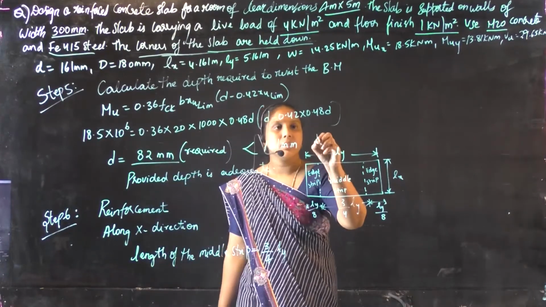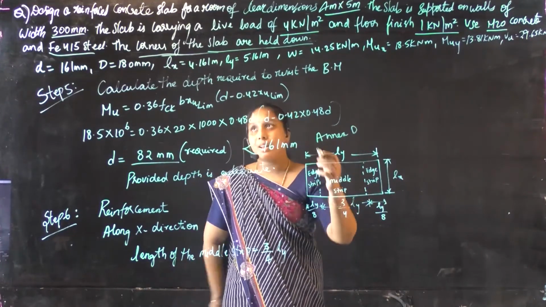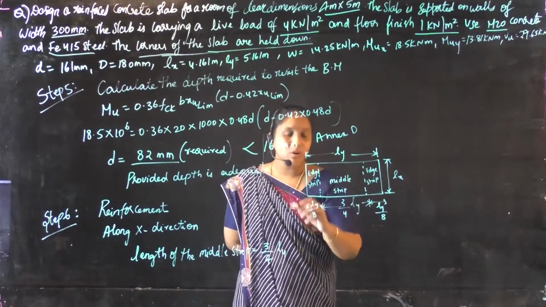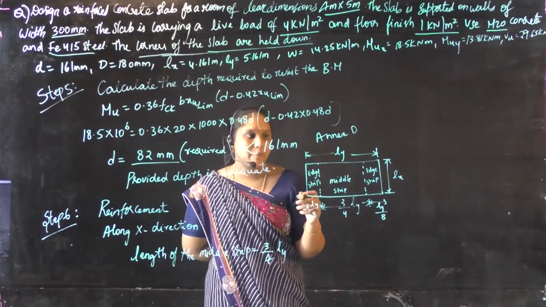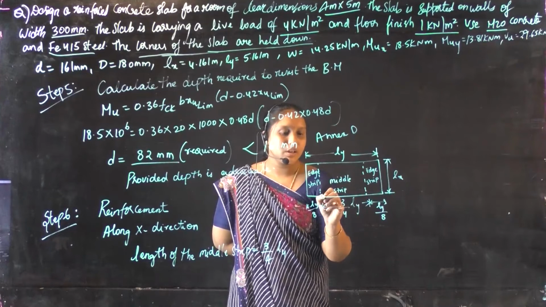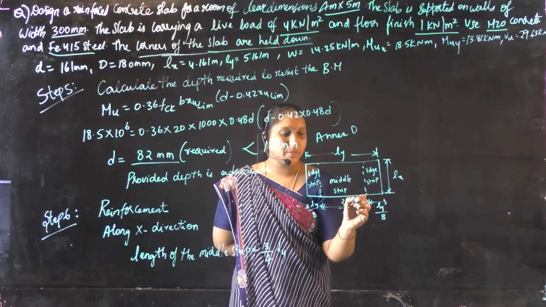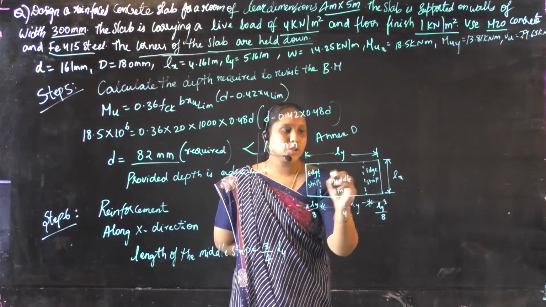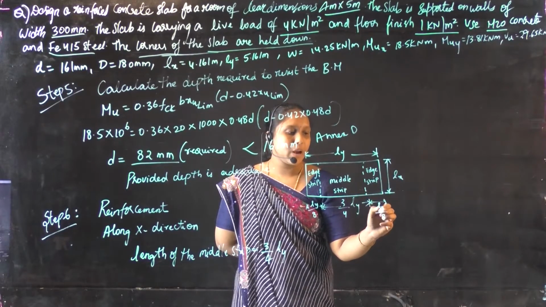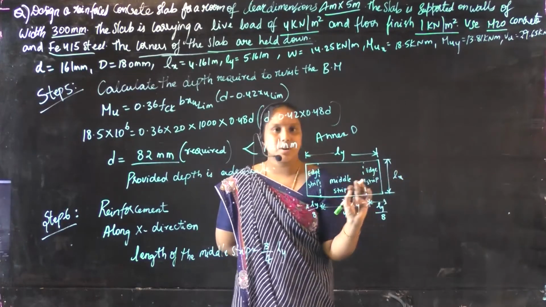So in Annex D of IS 456-2000, when the condition that the corners of the slab are held down is given, we have to calculate the area of steel reinforcement for this particular middle strip. How will we calculate? The width of the middle strip is calculated as 3/4 Ly, and these two are the edge strips, whose width can be calculated as Ly by 8. So this is our longer span and this is our shorter span.